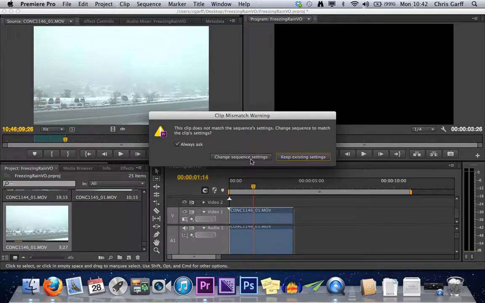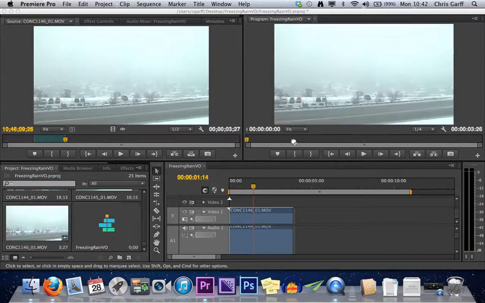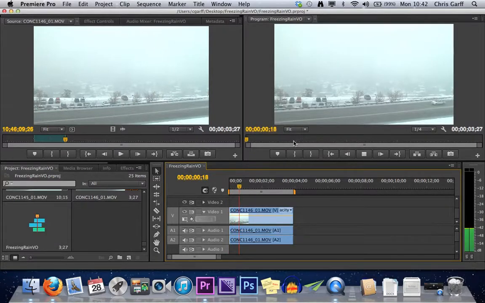And so I usually just change the sequence settings, and then I know exactly what I've got. So when you do that, what does it change it to? It changes it to the codec that it was shot in. Oh, okay. And so I have two different codecs here. I have one from my DSLR and I have one from JVC